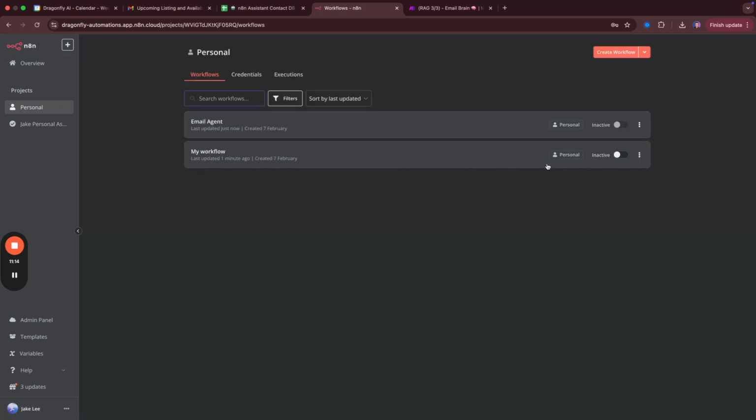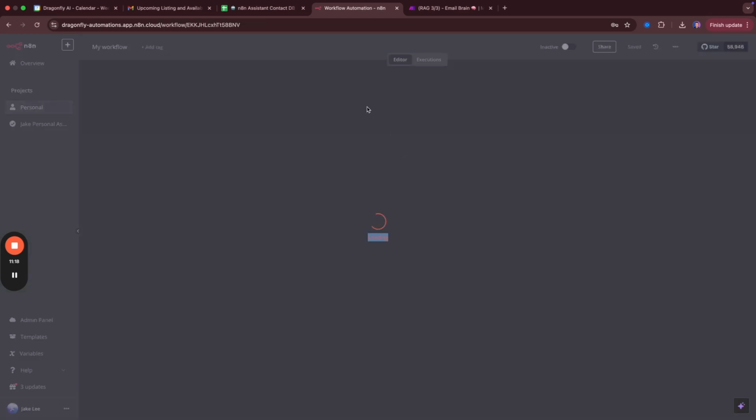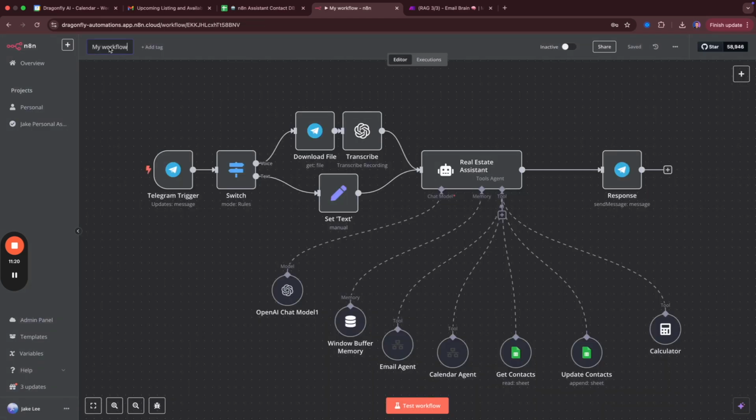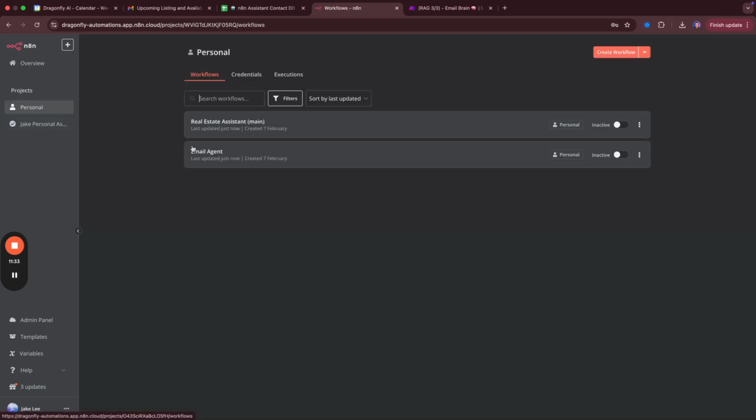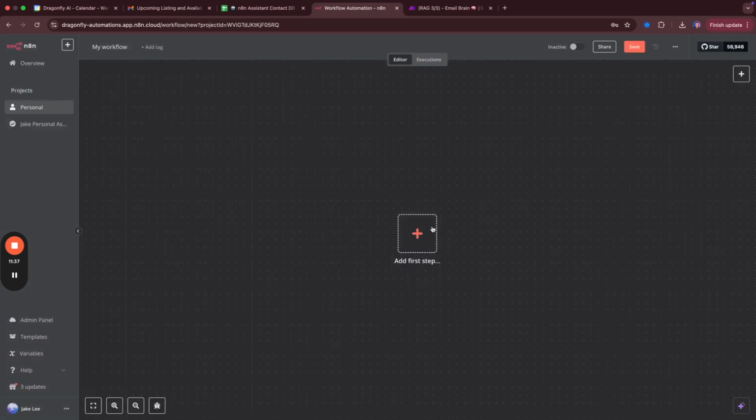Okay, and I realized this didn't get renamed, so I've got to open it up to rename it. Say real estate assistant. And I'd just like to make sure it's tagged as the main one, because this will be the one accessing all the other agents as tools. Okay, so we've got our main set up, our email agent, and then last one we just need to